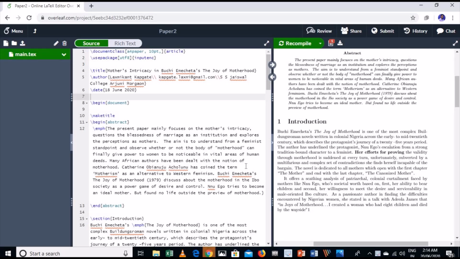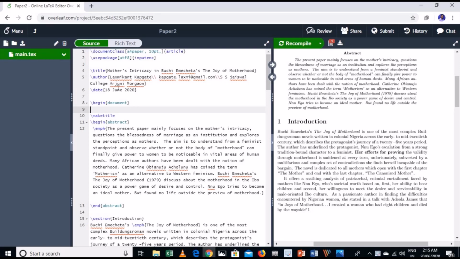In this video, I will be explaining how to add an image in your paper. In the previous video, we have seen various things, for example, italic, bold, underline, abstract, and so on. So let's see how to add images in your research paper. For this, you need to go and click your cursor here.